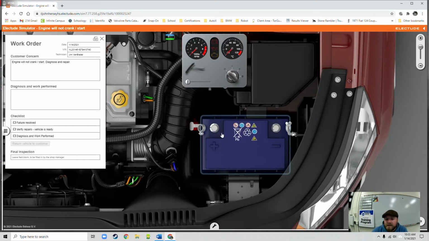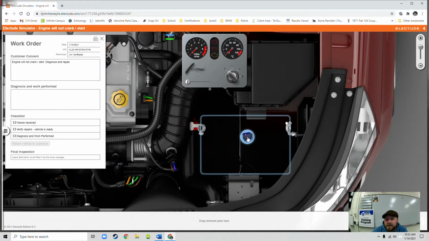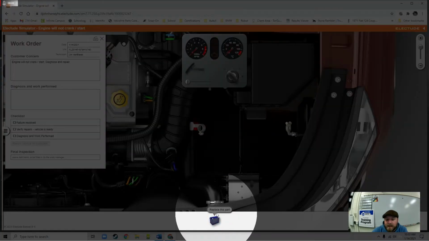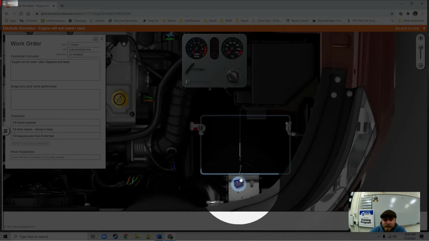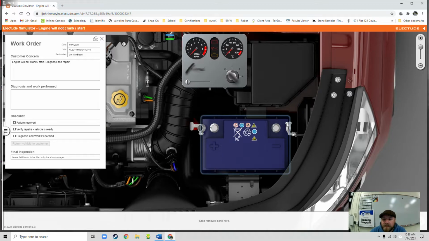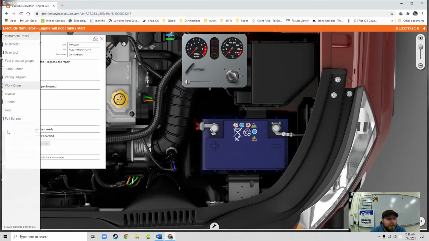And as I drag my mouse over the battery now, there's a highlighted box around it. And I can grab the battery and drop it down here to remove the old part. And then if I click on it, I can replace the part. Click replace, and then I have a yellow kind of corona around that battery. So I can grab it and drop it back into place, slap my leads on it, and test my voltage